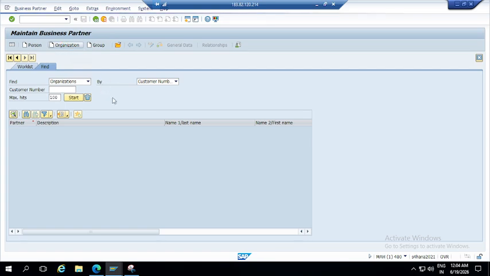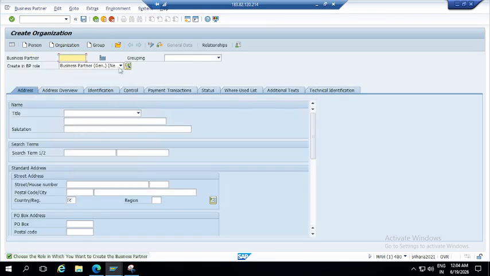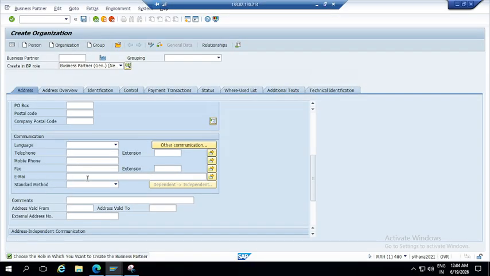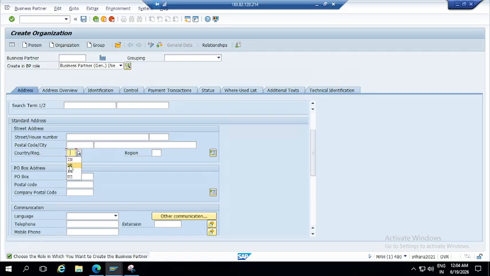Here choose organization. In this we discussed how to create a BP role, how to create a grouping, and in this address, after filling all the mandatory fields like address, language, city, country,